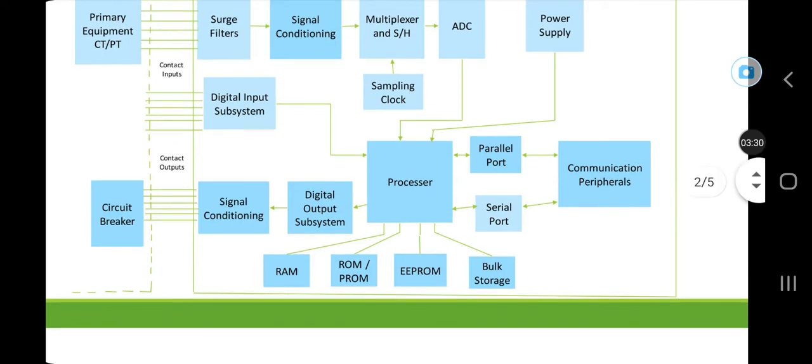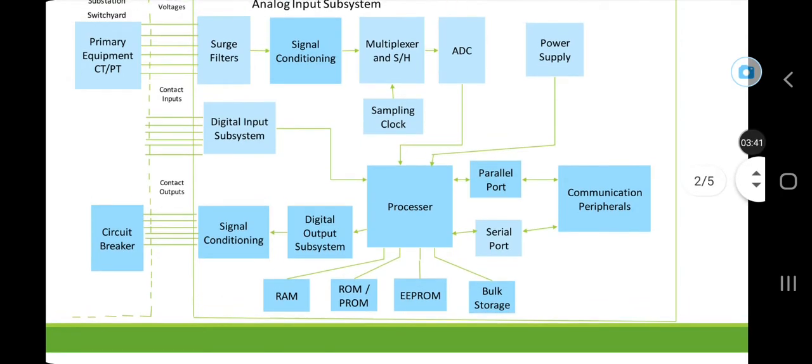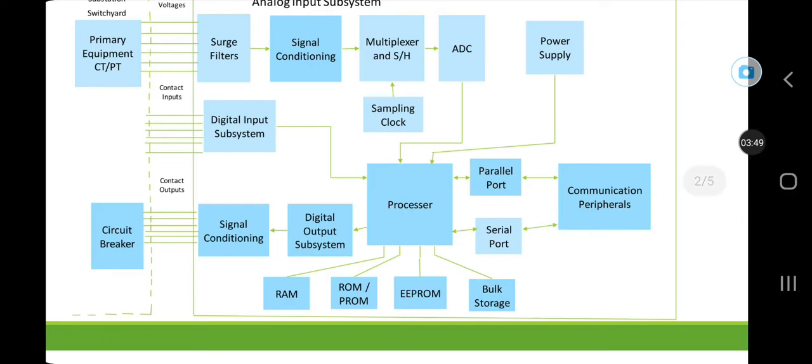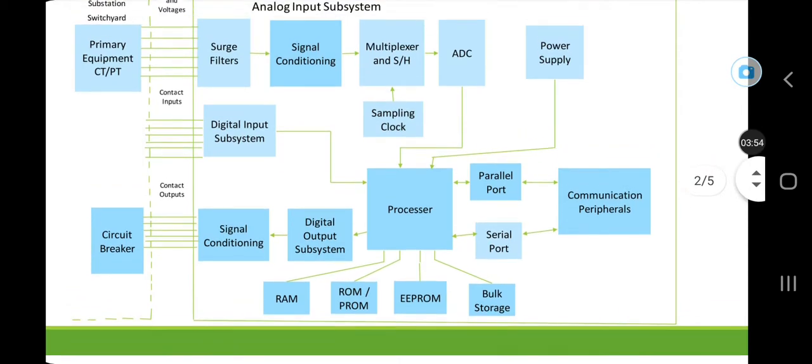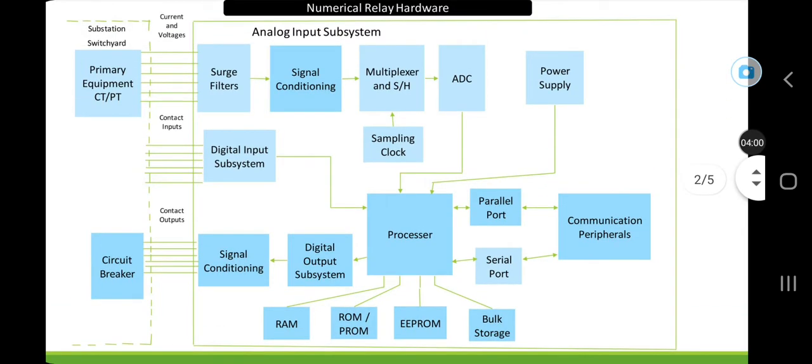Processor, that is the fast acting microprocessors and microcontrollers, were typically used in earlier times. Nowadays, digital signal processors are used in numerical relays, which are faster in comparison to microcontrollers. Earlier, digital signal processors used specialized multiplication hardware and instructions to achieve fast multiplications and contained additional hardware such as wide accumulator registers to increase the numeric fidelity.